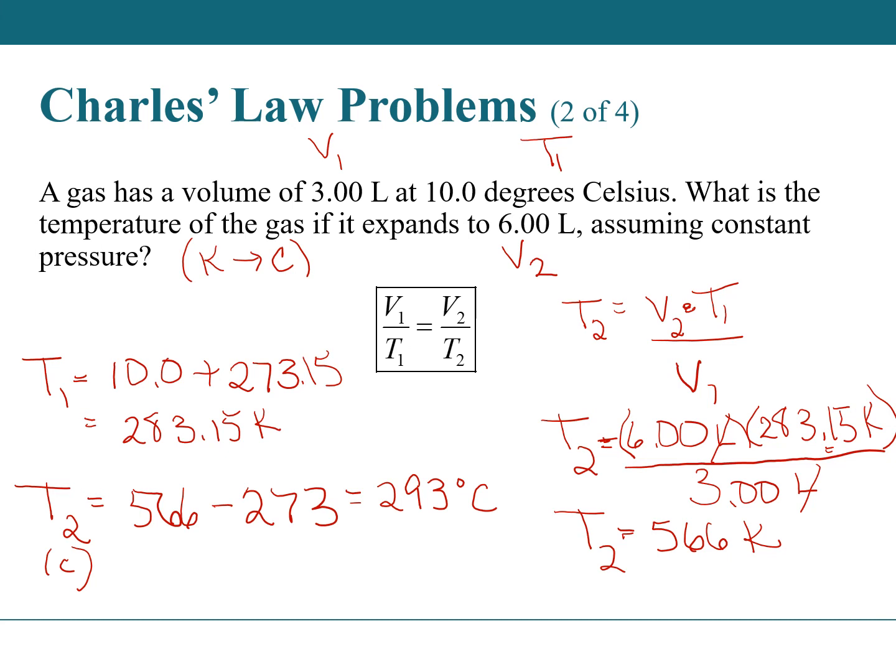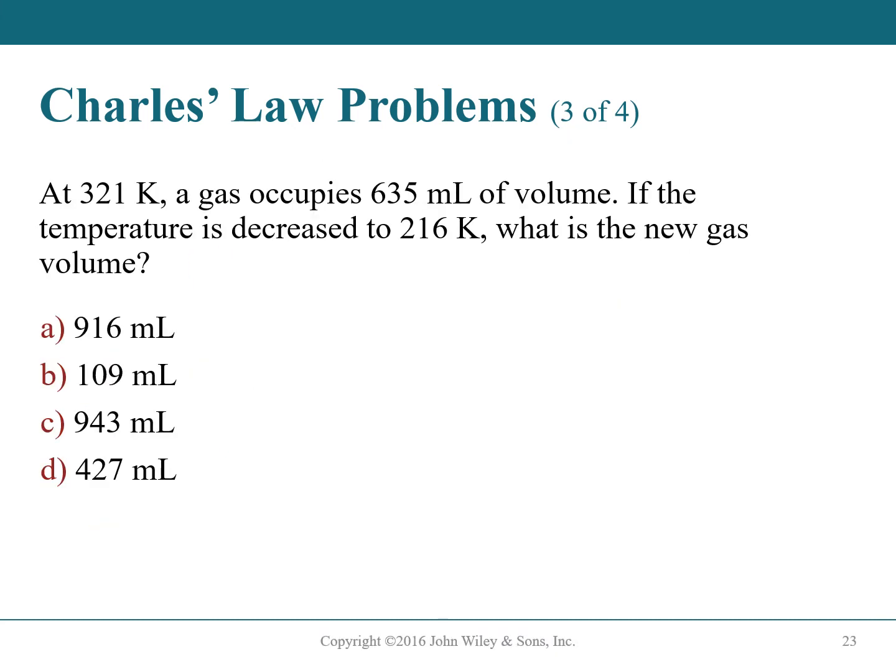All right. Okay, so let's do another Charles's law problem. At 321 Kelvin, the gas occupies 635 milliliters of volume. So let's call this T1 and this V1. If the temperature is decreased to 216 Kelvin, then this must be T2. What is the new gas volume? So we want